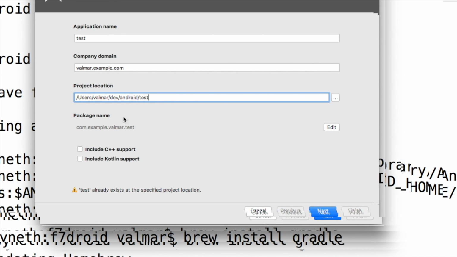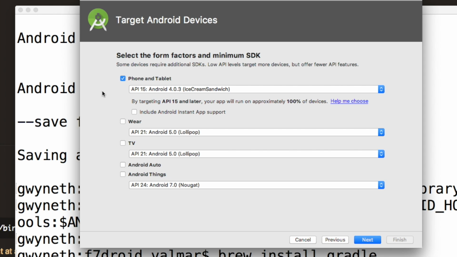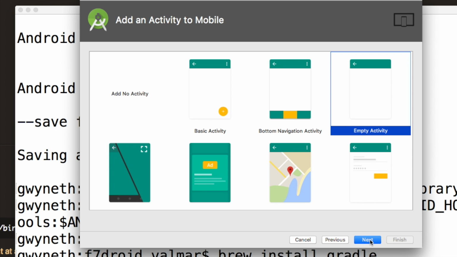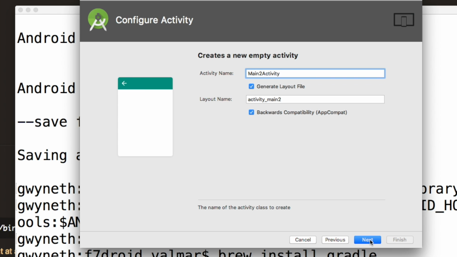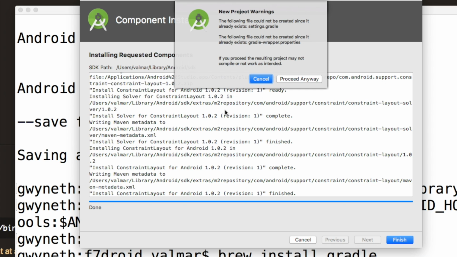So I'm just creating a test project here. I hit next. And I pick the first option here to create a new phone and tablet app. Basically, you can pick anything you want here, which Android version you want to support. And I hit next. And I just keep hitting next because the only reason why we're doing this here